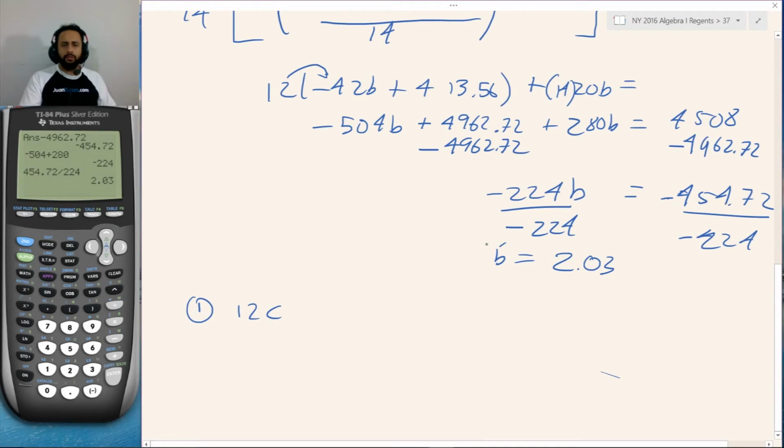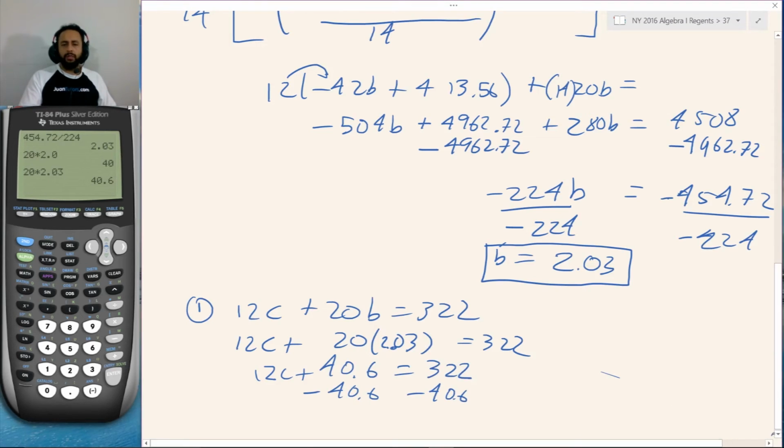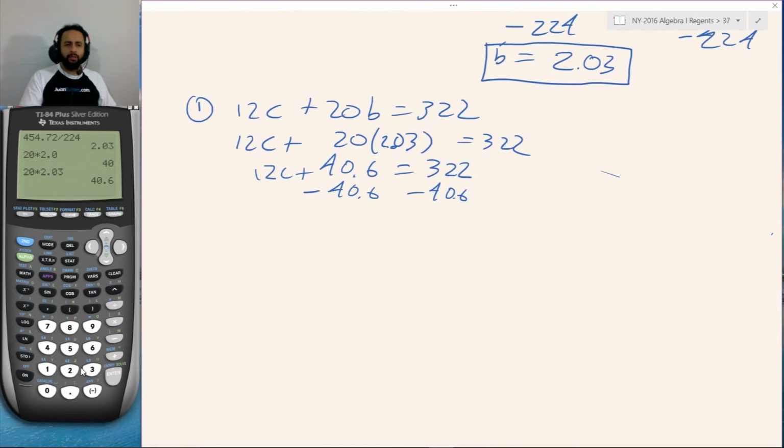12c, good, plus 20b equals 322. Of course, this does. 12c plus 20 times 2.03 equals 322. Now, I like subtracting the 20 times 2.03, and that's what I did last time, but this time, just to assuage the other students, 20 times 2.03, enter. So 12c plus 40.6 equals 322. Minus 40.6 minus 40.6. I know it's a tough problem. Line up the decimals if you want to do it by hand, but 322 minus 40.6. So it's 12c equals